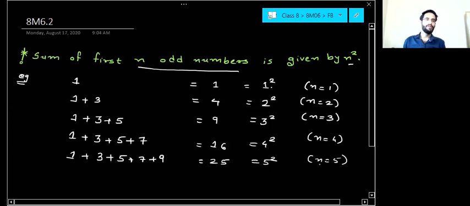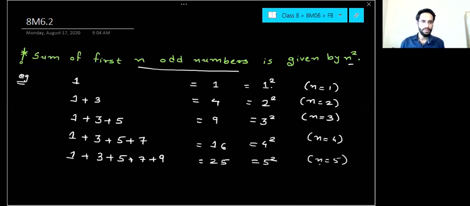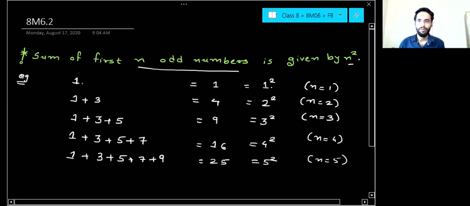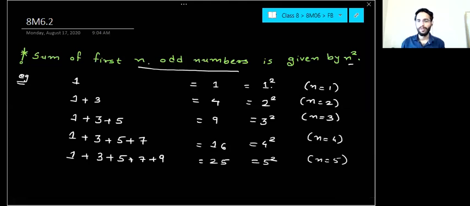So everyone got this? Yes, it is lengthy, but you don't have to do all this sum. You don't have to find all such things. I have just shown you this so that you can understand the property. You have to remember just this property, that sum of first n odd numbers is n square. That's it. It should start from first.